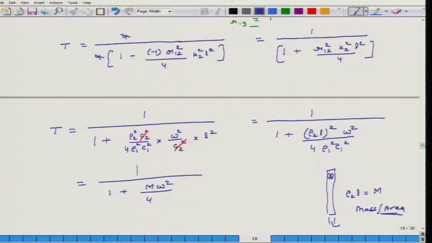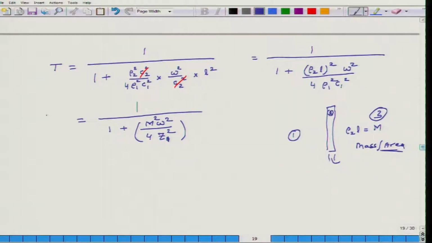What is rho 1 C1? So, this is medium 1, this is medium 3. So, this is z naught square m square. Yeah, okay. M square omega square by 4 z1 square. Okay. So, that is my